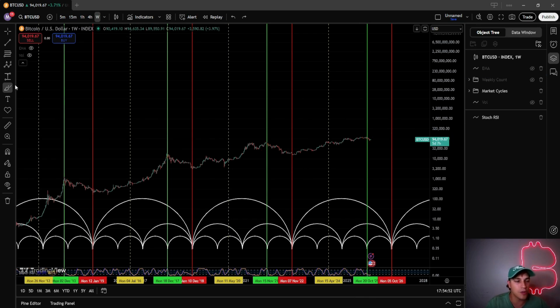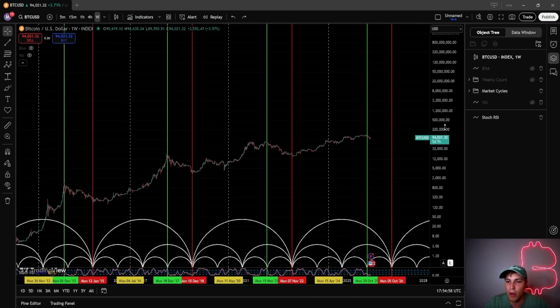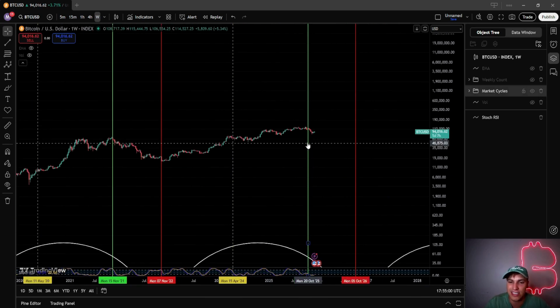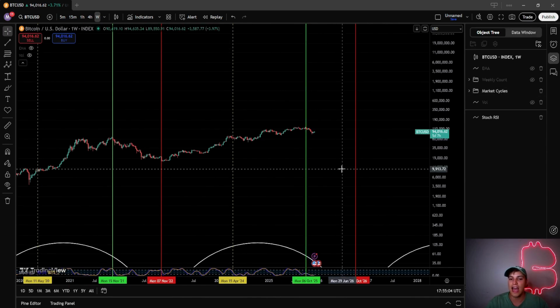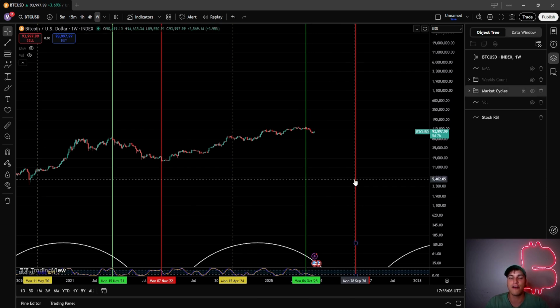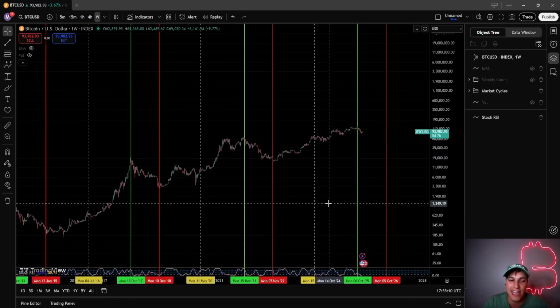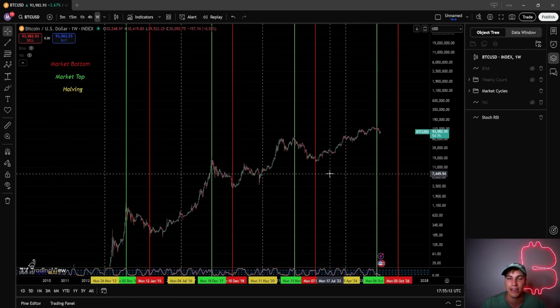How did we know that this top was coming? We measured them. They are standard days from the previous top. You can see here that this is the standard days. We can actually move this over a little bit, and there we have our top for this cycle. This is a possible top. I'm not saying yet that the cycle is done and we're in an official bear market, and we'll get into that now. But this is what the charts have been saying through market cycles.